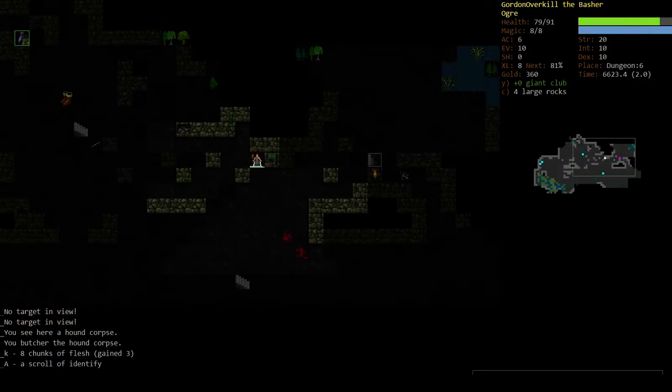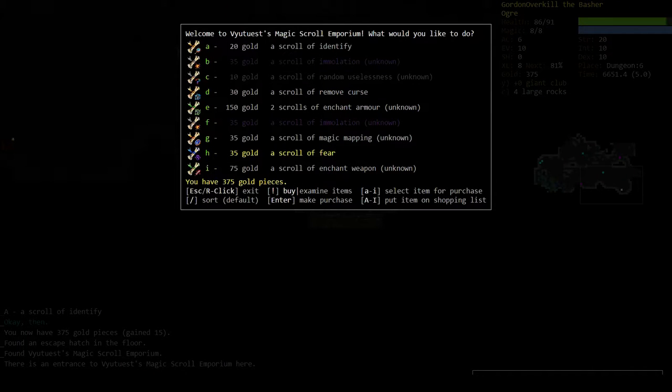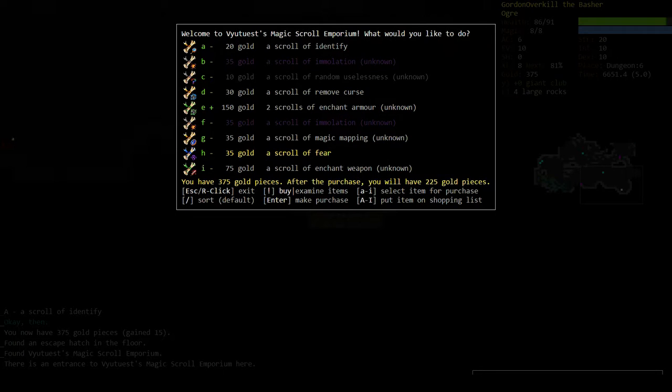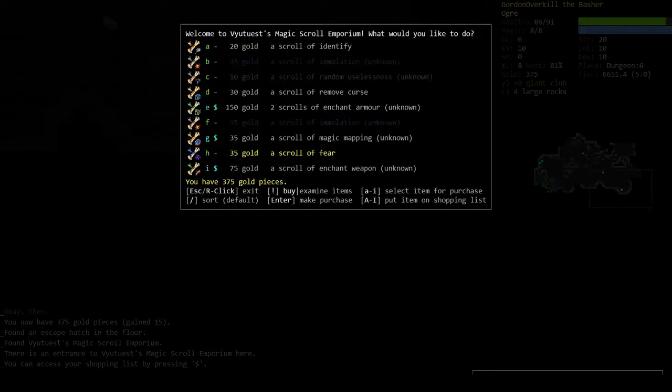Get these guys. So far we're doing pretty well. Enchant armor, we absolutely want to buy that later. Maybe also enchant weapon. The rest is not that interesting. But enchant armor, enchant weapon, probably also magic mapping. Do we want to buy it now? I think I'll buy